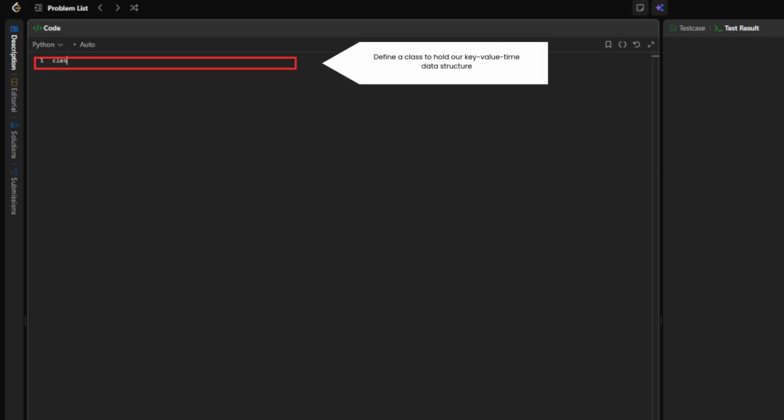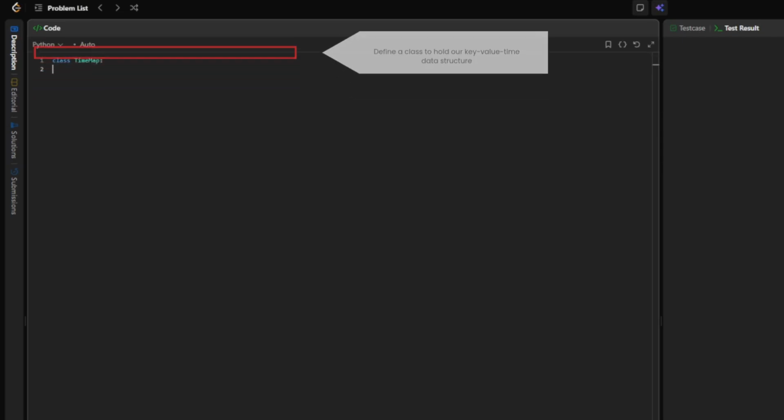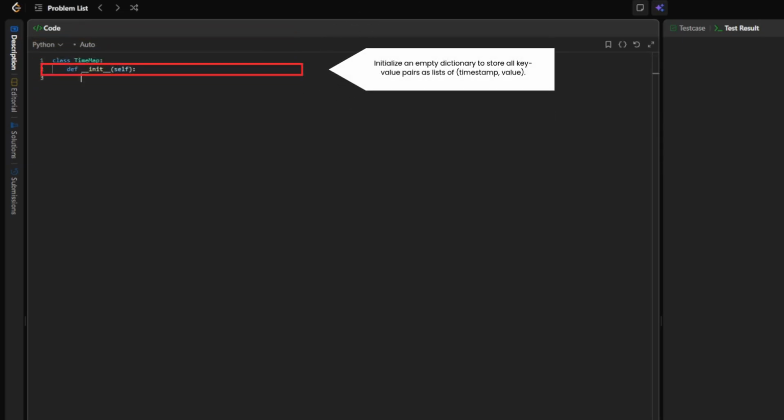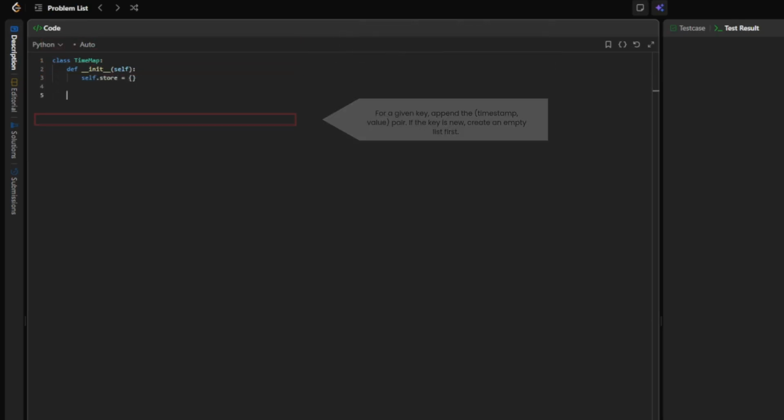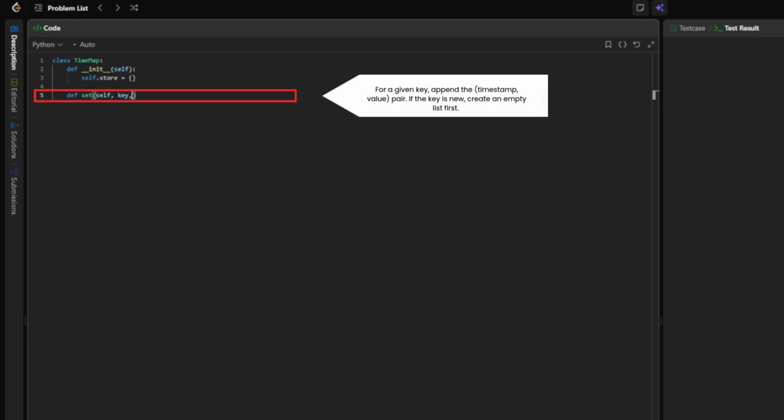We define a class TimeMap to hold our key value time data structure. Initialize an empty dictionary to store all key value pairs as lists of timestamp, value pairs. For a given key, append the timestamp, value pair. If the key is new, create an empty list first. To get a value at a given timestamp,